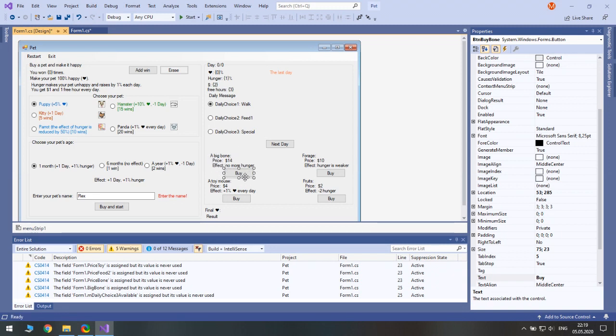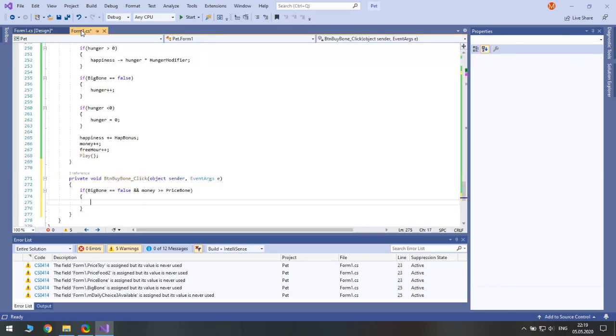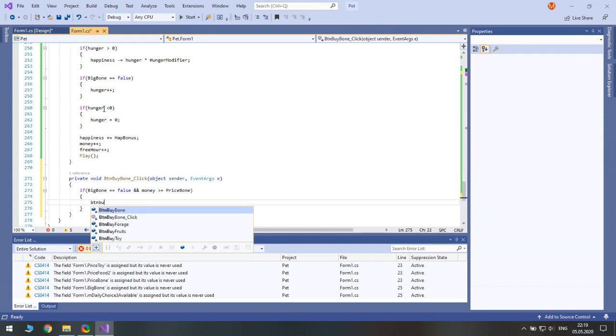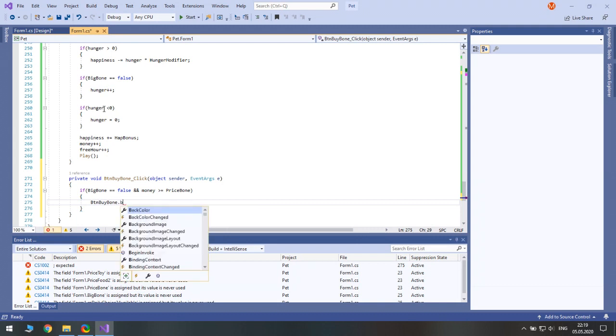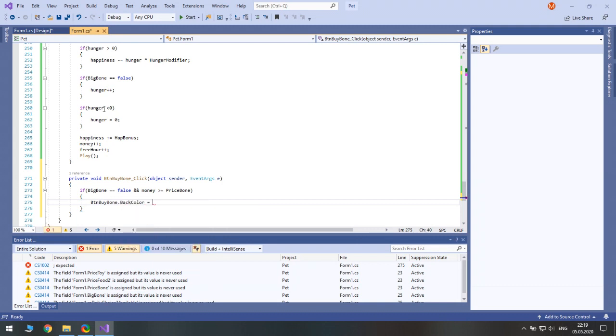So I suggest that we change the background color of the button. So blue is a positive color, so button bone back color equals to color dot deep sky blue. I know it's a good color.